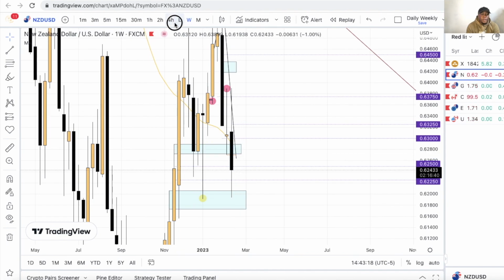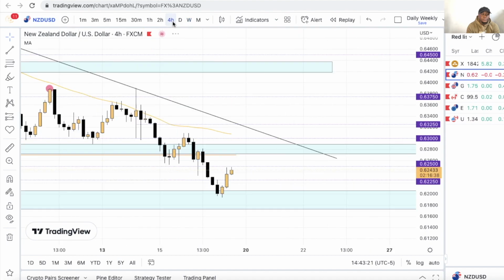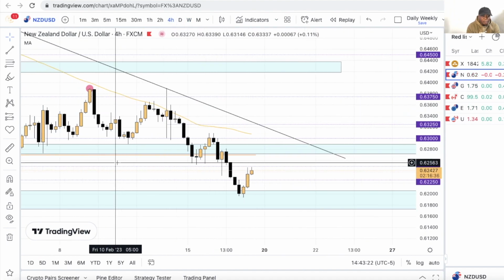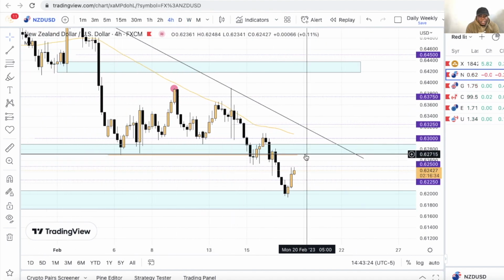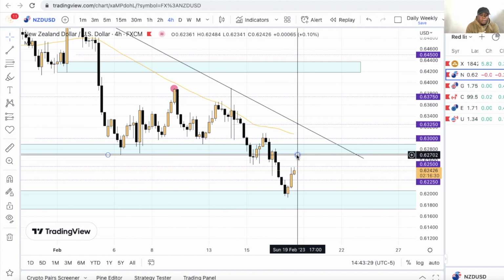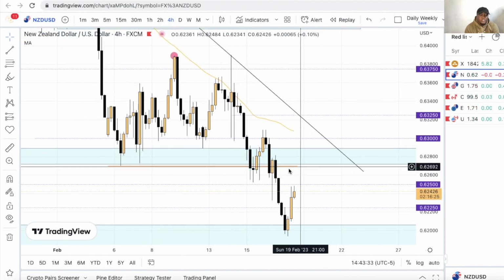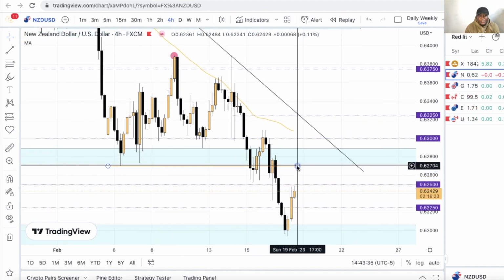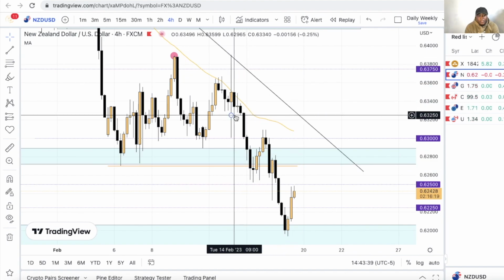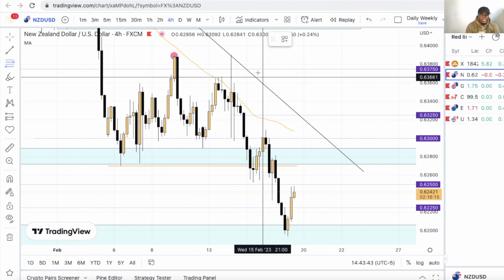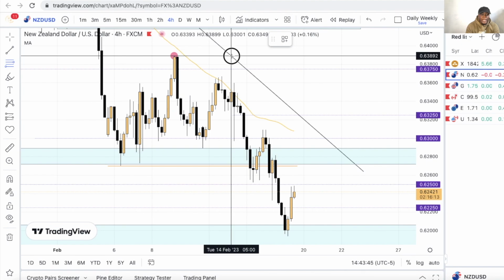So if you go to the 4 hour, I even marked off that gap, where the gap starts with this orange line right here, to let me know that this is the level that needs to be balanced. We also have a gap right here on the 4 hour as well. So for me, I personally think that the market is actually going to pull back and fill that gap,